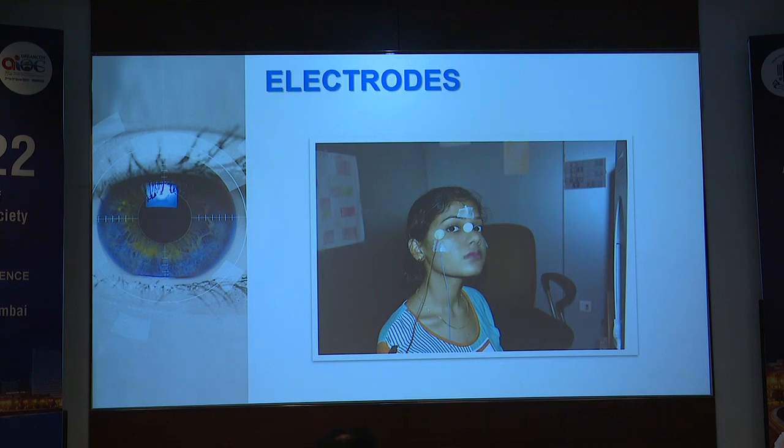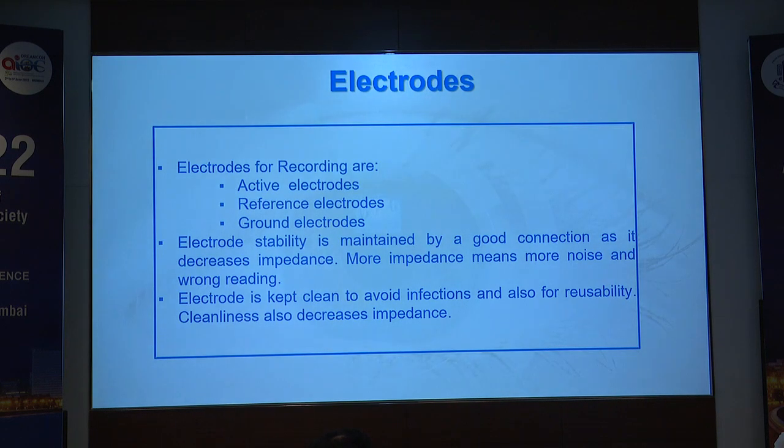First, the electrodes that we use. Now, there are basically three different kinds of electrodes that we use. These are the active, reference, and the ground electrode. The active electrodes are those electrodes that capture the stimulus from the retina and the surrounding. The reference electrodes are those electrodes that capture the stimulus from the surrounding, and then we have got the ground